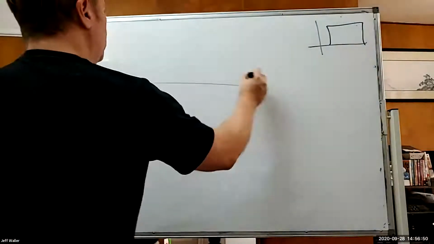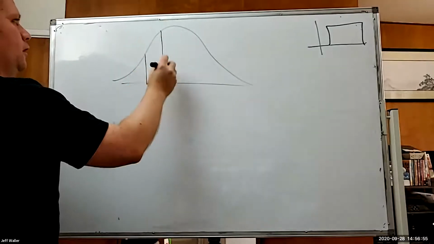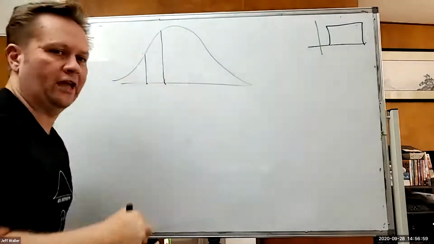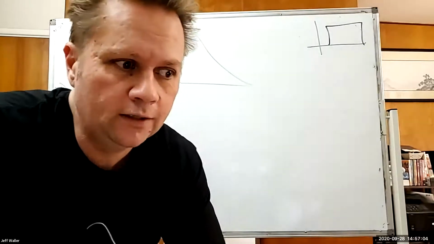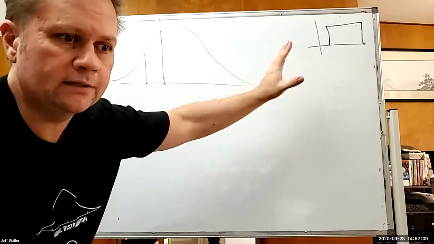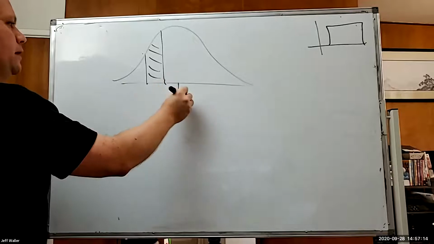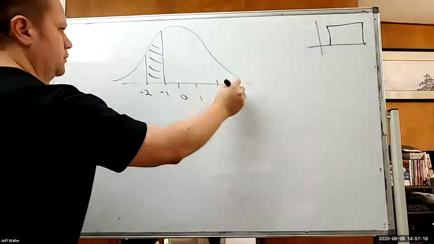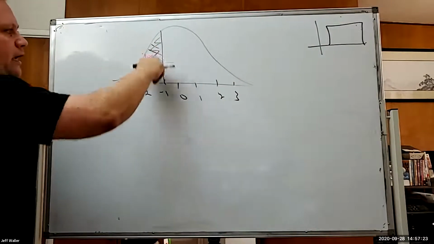So what's wrong with this shape? If I wanna find the probability from here to here, that's not a trapezoid, is it? Because one side is curvy. One side is curvy, so I'm gonna need some help. The same idea applies. If I could find the area of this, I could answer this question, which might be like -2 to -1. Remember, these are all z-scores. So if I want to know the probability, I just have to figure out the area of this, but